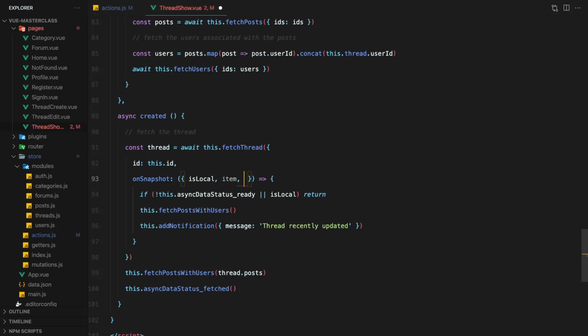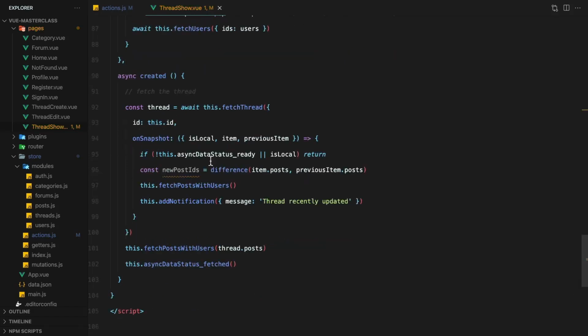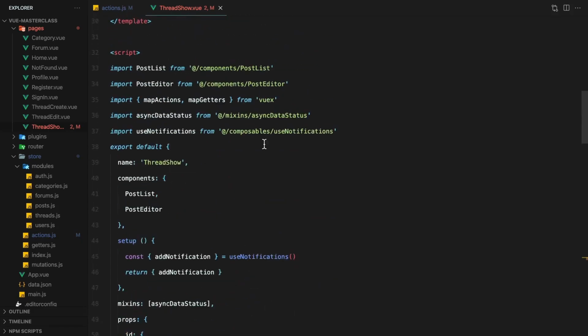This is where the item and the previous item we passed in to onSnapshot can come in handy. To get the difference between them, I'll call a Lodash function, difference, which will return the items that exist in one array, but not in the other. These are the new post IDs. And of course, we'll need to import difference from Lodash.